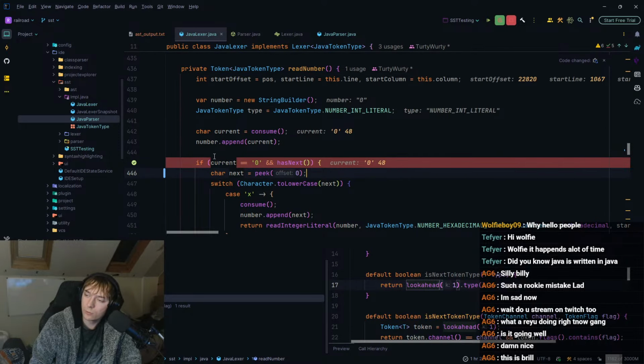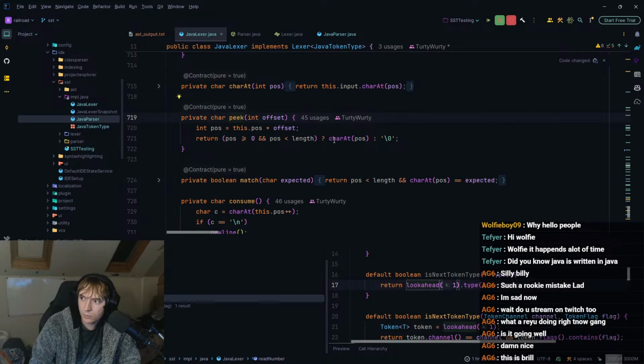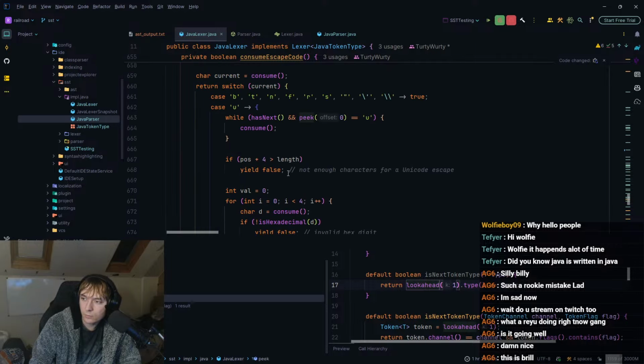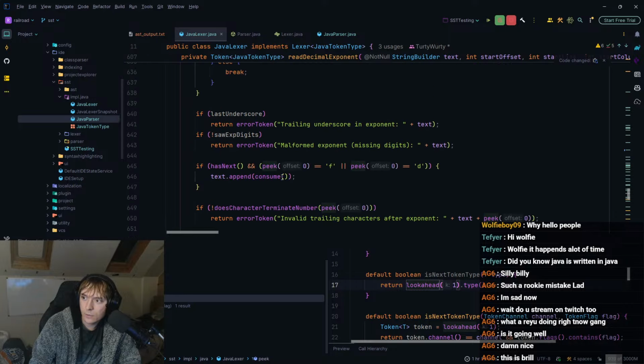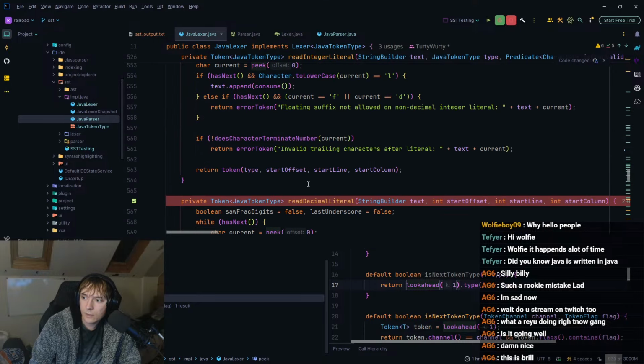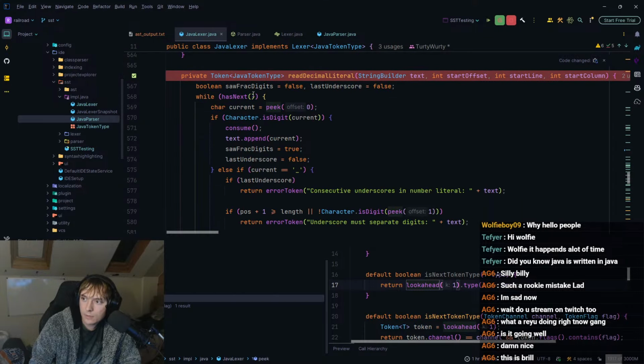I'm not sure. If I do consume and then I peek 0, am I getting the consumed character or am I getting the next character? Char at pause. I'm pretty sure that gets the current one. Like, pretty sure. It must do. It must get the current one.